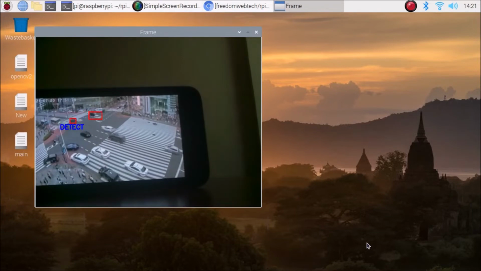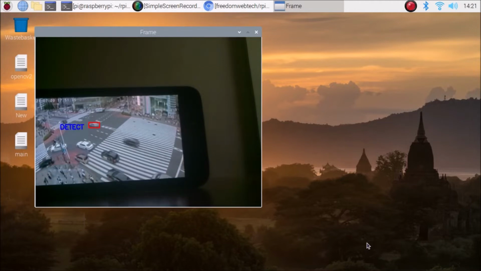So friends, I have already created videos on how to install OpenCV and how to configure the Raspberry Pi 4 camera module with the Raspberry Pi 4. For this practical, you first need to install OpenCV on the Raspberry Pi 4. Also, you need to configure the camera module. Of course, you can use a USB camera also.